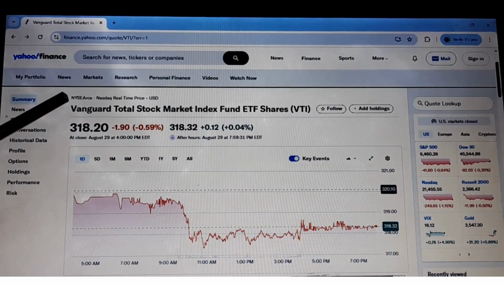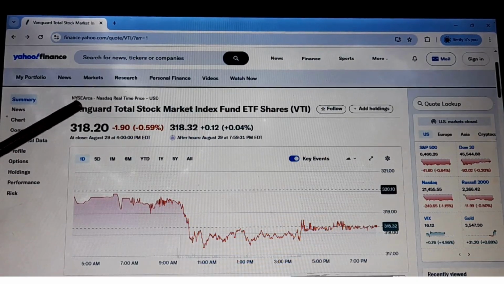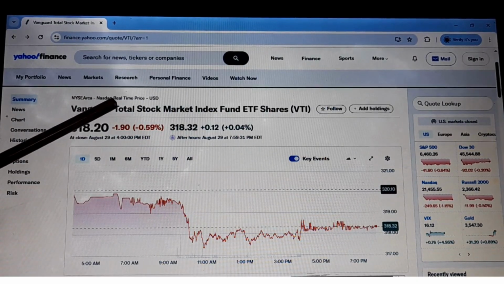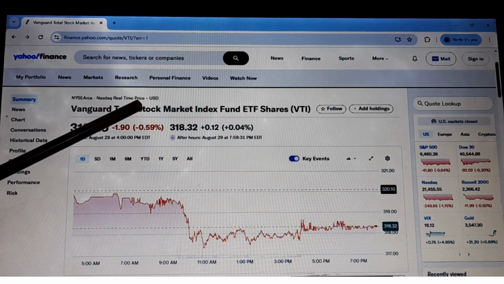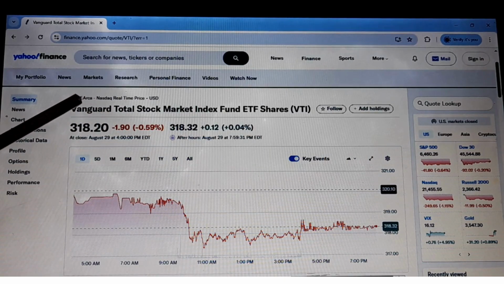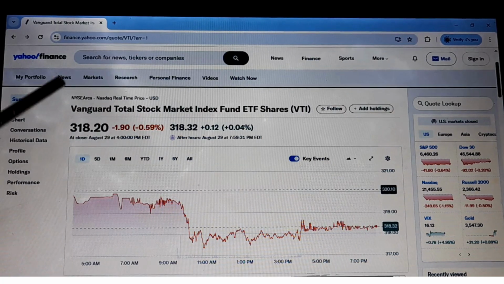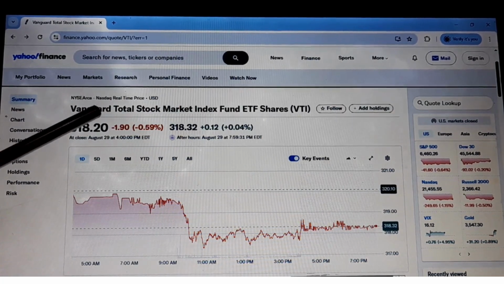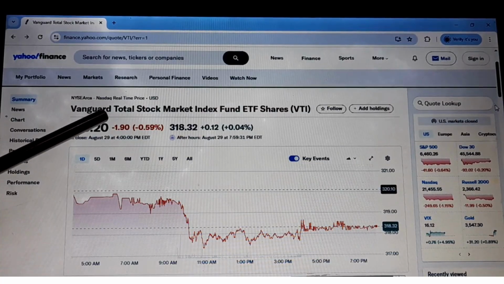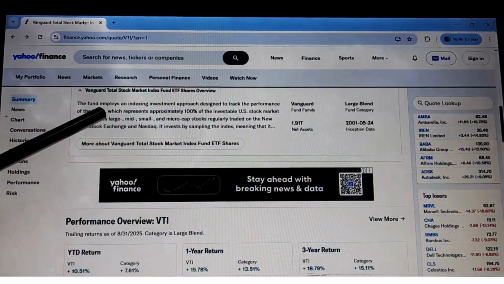So look at this now. The market is open. You see? Real-time price. Remember what we were looking at? We were looking at the delayed quote when the market was closed. So now, we are moving down to... Let me continue